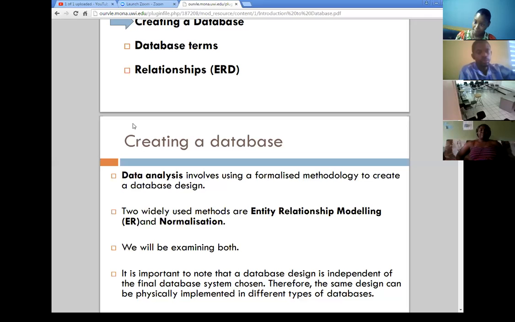So for today, we're going to be looking at entity relationship modeling, and we're going to be looking at normalization. And of course, as I said to you before,